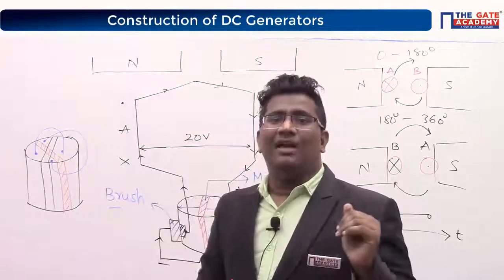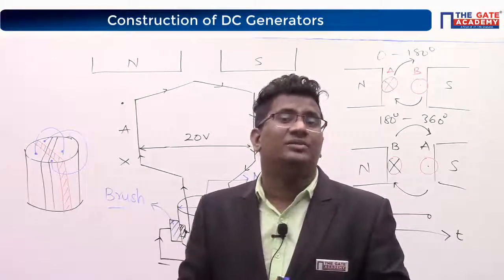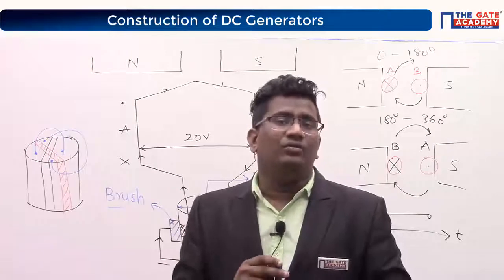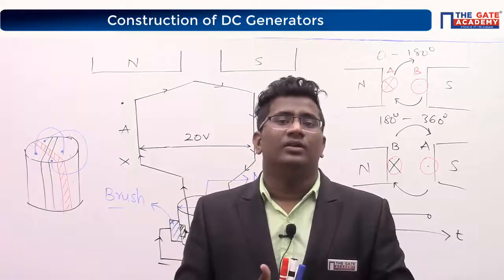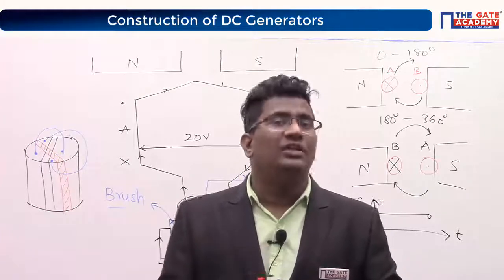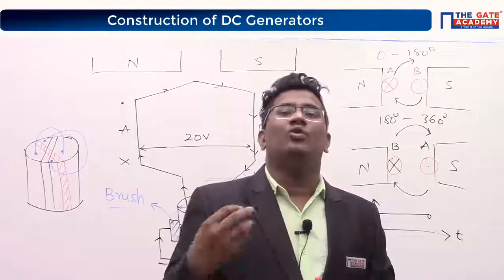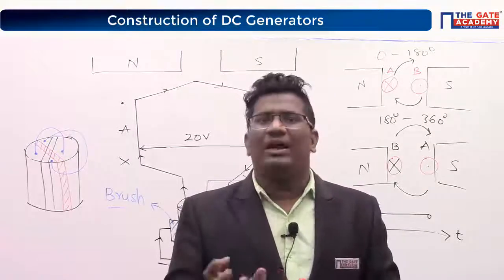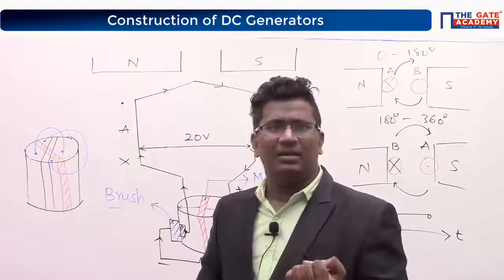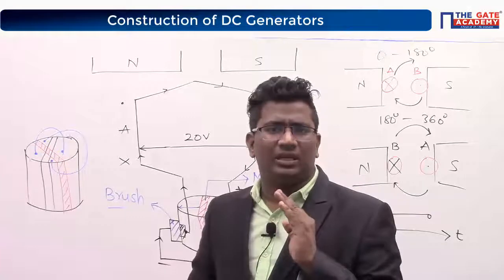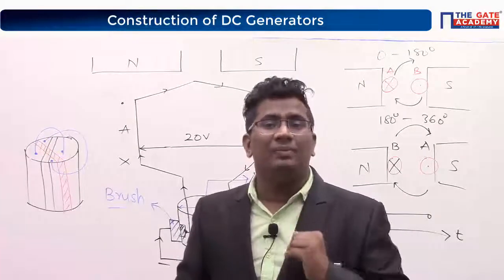The reason is, in a DC machine winding, are you using only one coil or two coils or thousands of coils? We are using a large number of coils now. If you increase the number of coils, the ripple in the output is also reduced. The quality of the DC waveform will be decided based on the ripple. In power electronics, I have already mentioned, the quality of DC waveform is decided by the ripple factor.